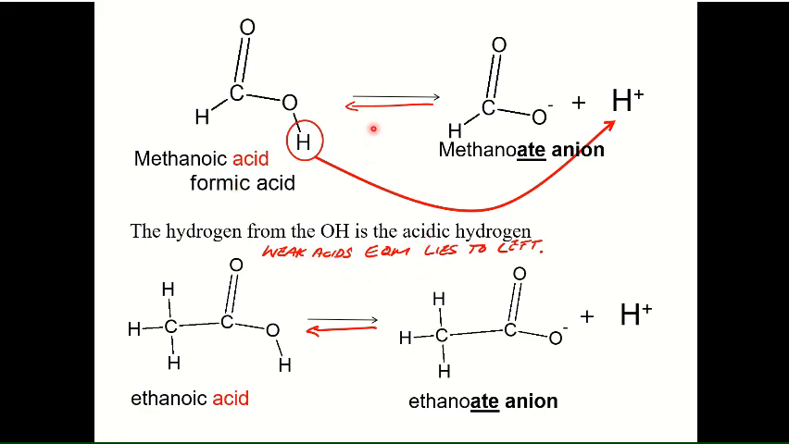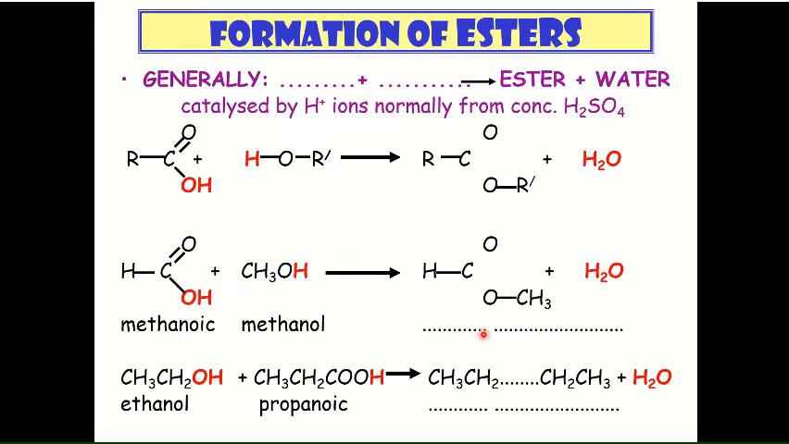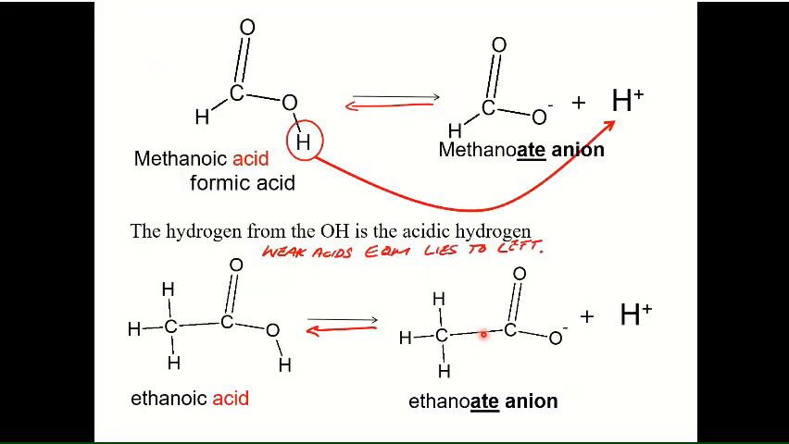Because they're weak acids, obviously this equilibrium lies to the left. This would be ethanoic acid, and that's the ethanoate anion, and I've drawn the full structural formula using ChemSketch. Now, the only real reaction we're going to do of carboxylic acids, apart from this